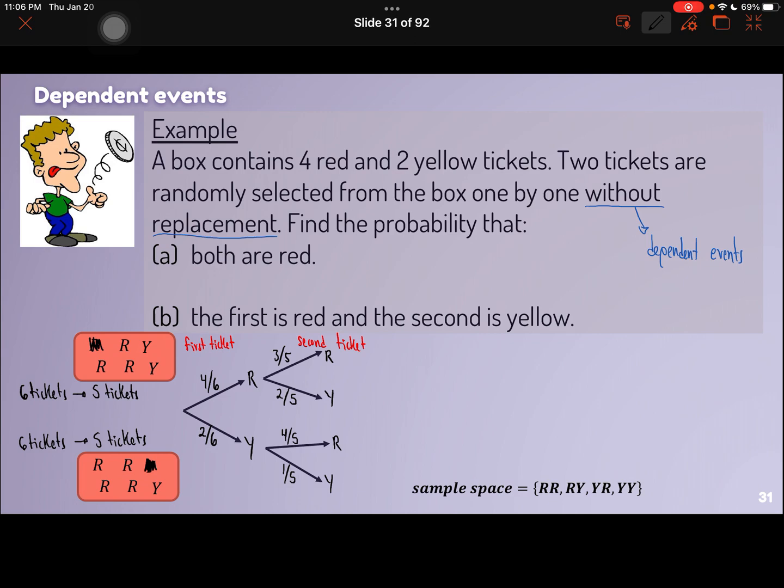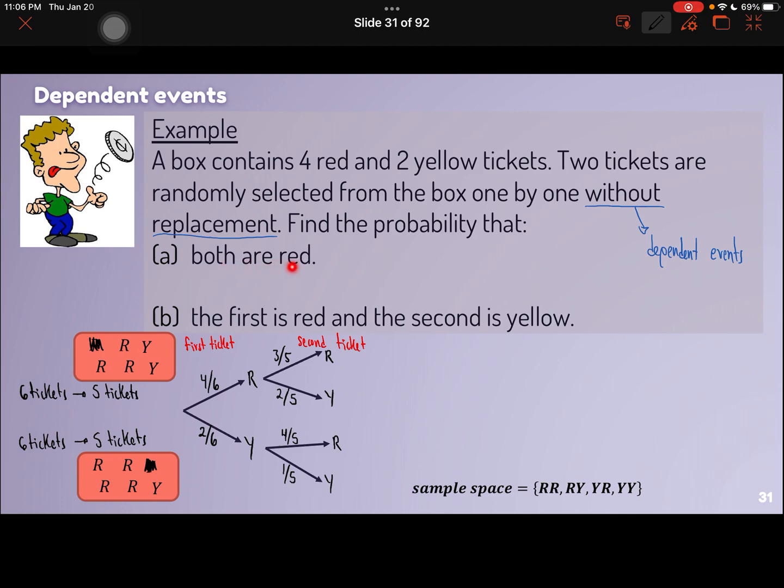Okay, to check if we are writing the probabilities correctly, we need to see if, for example, here the addition of these two probabilities is equal to 1, so this is correct. Then for this event, we see that the addition of these two is equal to 1, so this is correct. And when we check this part, the addition of these two is equal to 1, so this is also correct. So now we have the information to calculate the probabilities,